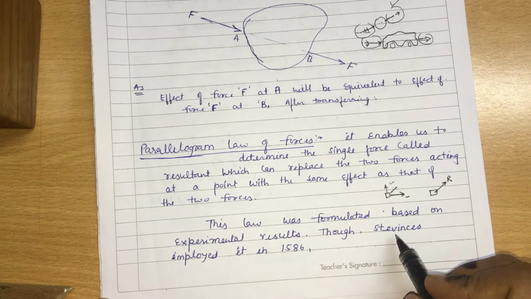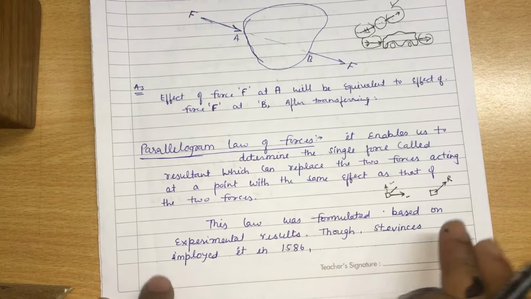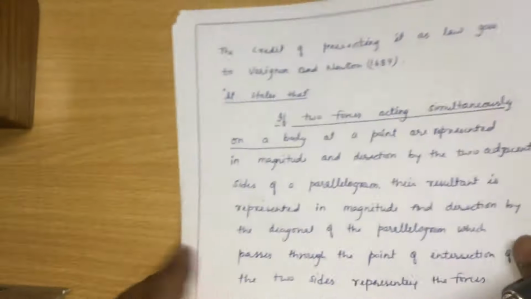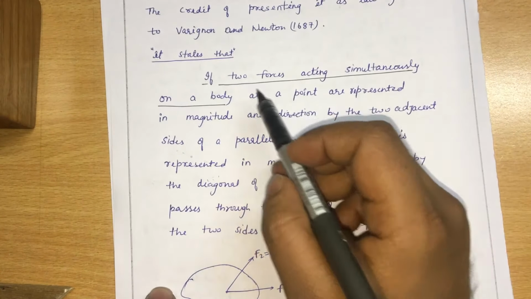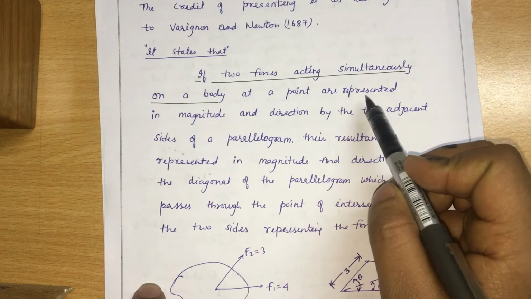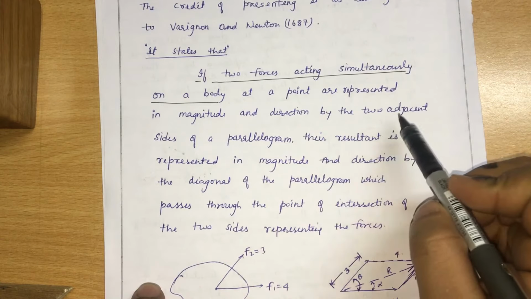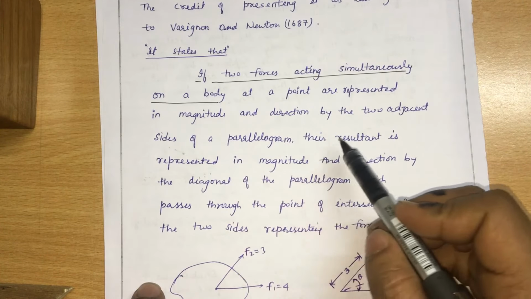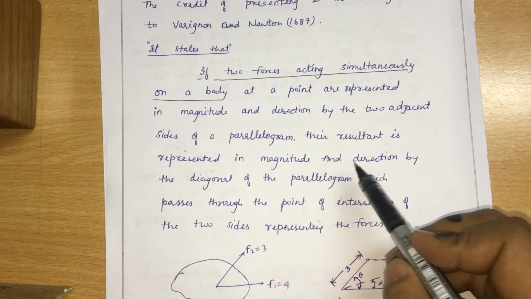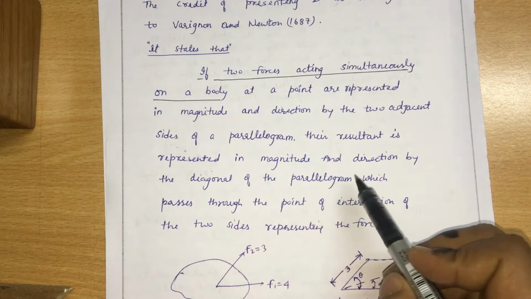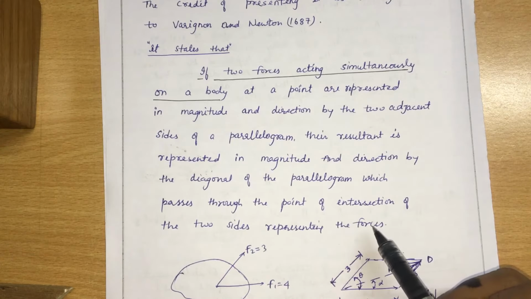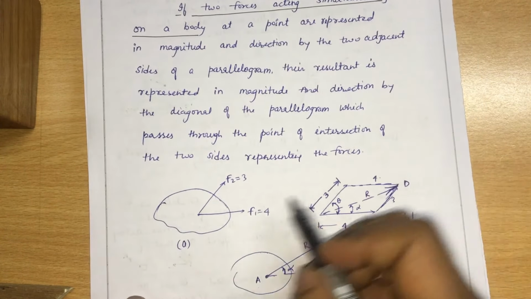Though Stevens employed it in 1586, oh it's too old. So what does it state? If two forces acting simultaneously on a body at a point are represented in magnitude and direction by the two adjacent sides of a parallelogram, their resultant is represented in magnitude and direction by the diagonal of the parallelogram which passes through the point of intersection of the two sides representing the forces. So the very simple meaning is, if there is a body